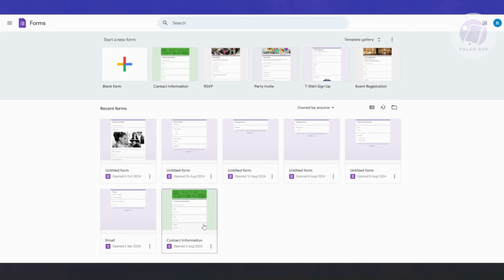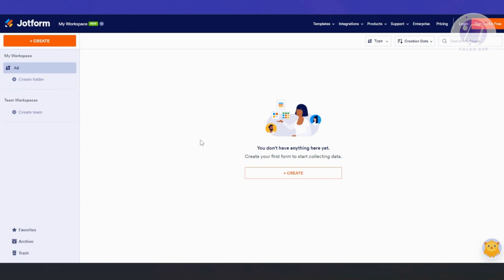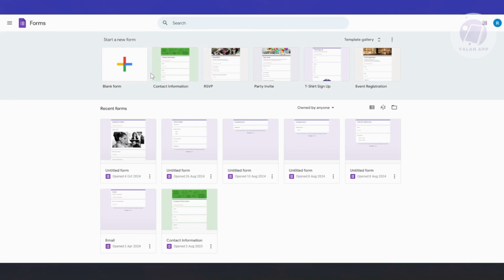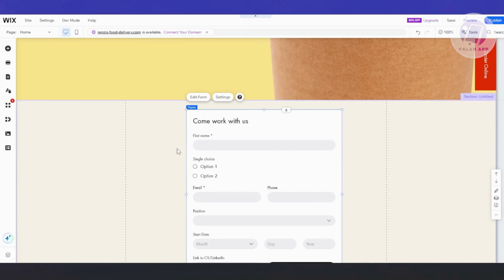As you can see, I already have a bunch of forms that I already have here. Also have their workspace. You also have a job form here, just in case you want to use those fancy designs. So, for example, let's go and choose our Google Forms here and choose one of them. As you can see right now, I have a test form here. I can edit. And same thing, it has the same features that a Wix editor here has,